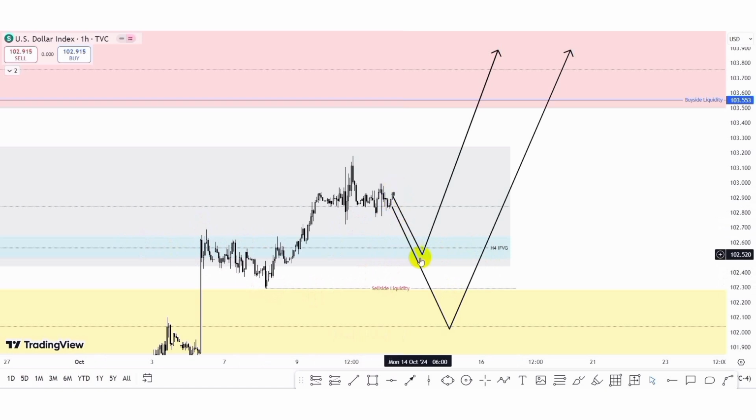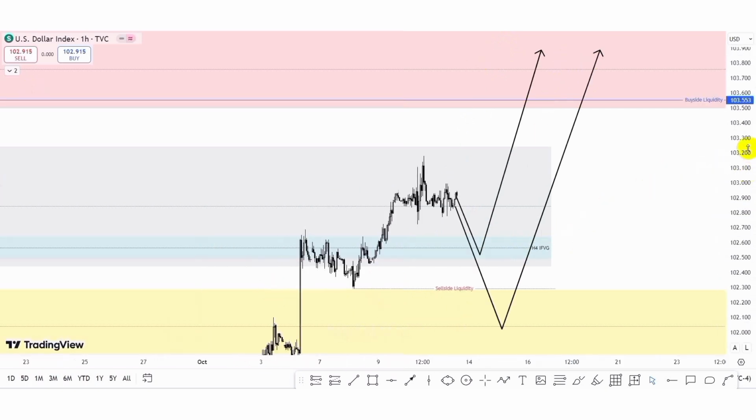So price may drop to react at the 4-hour inversion fair value gap, and then we have the push of price to the upside. So these are the two zones we are to look out for before we can frame the bullish move. Look at price action within the 4-hour inversion fair value gap, or expect to see price drop lower to take out last week's low points before we have the continuation to the upside. So this is what I have to show us, guys, in the DXY.